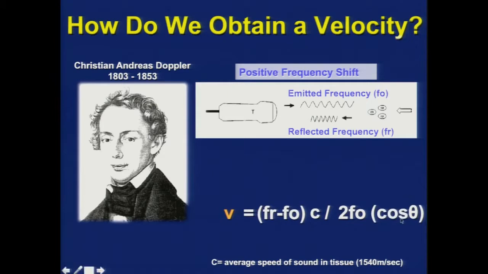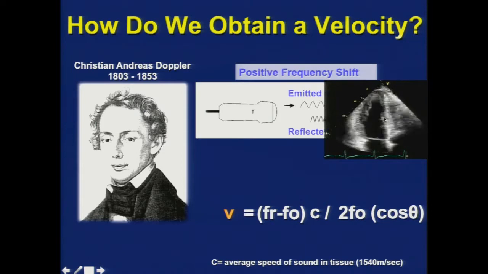Remember that in the denominator of the equation is the cosine of theta, and we heard in the first lecture this morning, of course, that the cosine of 90 degrees is 0, and the cosine of 0 is 1. So it's important to stay as parallel as possible to the intercept axis of motion or flow, depending on what you're looking at, so as not to underestimate the velocities. Now, we generally think about this in terms of looking at blood pool Doppler, spectral and color Doppler. But in myocardial imaging, of course, we're not looking at the blood cell. We're trying to look at the velocities of the muscle.